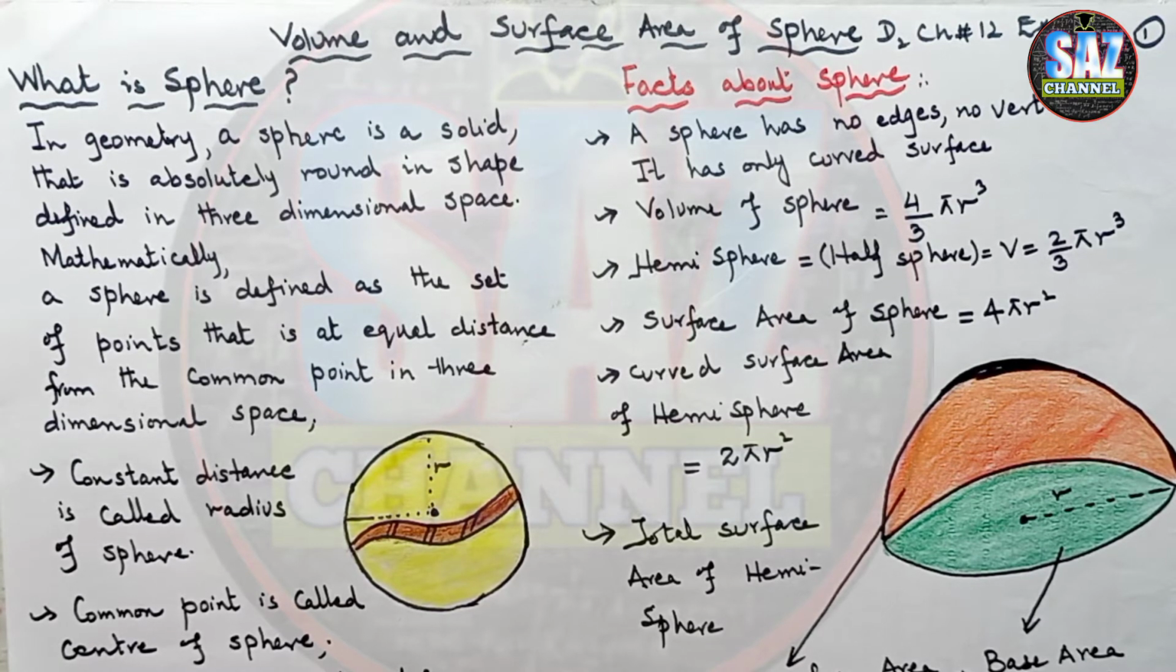This is my first lesson of D2 chapter number 12, exercise 12C, that is about the volume and surface area of sphere. Before this we have discussed two solids, that is the pyramid and the cone. If you find any difficulty in understanding the concept of pyramid or cone and what are the formulas for the volumes and total surface areas of pyramid and cone, you have to watch the previous lessons, for which you can go to the channel's library where the different playlists are available, so that you can understand those basic concepts well,